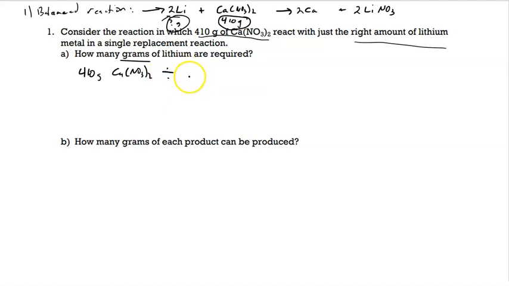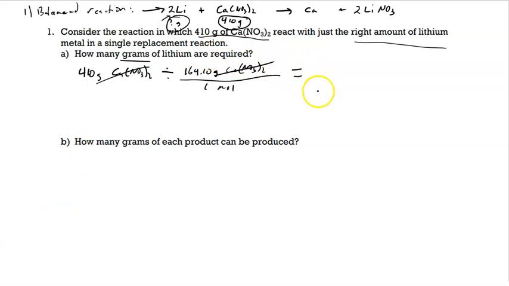So 1 calcium plus 2 nitrates. Sorry, I just realized I made a mistake there. There should not be a 2 there. Back at it, excuse me. So 410 grams of calcium nitrate, so 1 calcium plus 2 nitrates gives me a mass of 164.10 grams of calcium nitrate per mole. All right, I'm going to cancel out my grams, and I'm going to get,